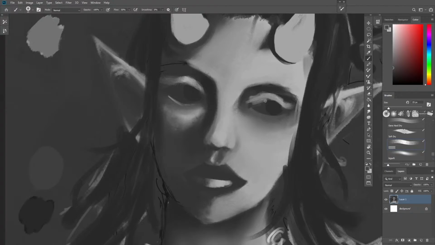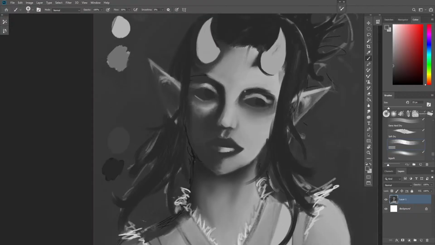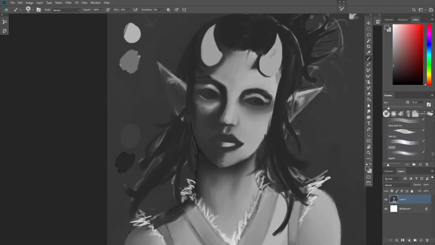I'm trying to kind of squint here and see where the values should be landing. I'm not sure. I think I'll just have to experiment with it and go back and forth. You know, if you draw a character that is smiling,